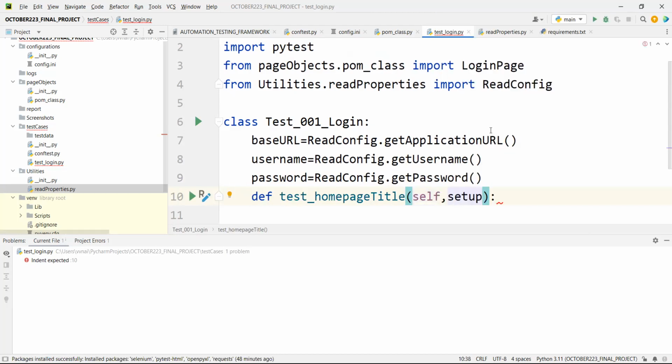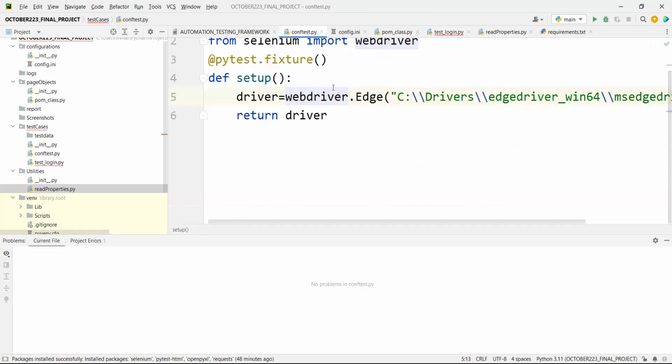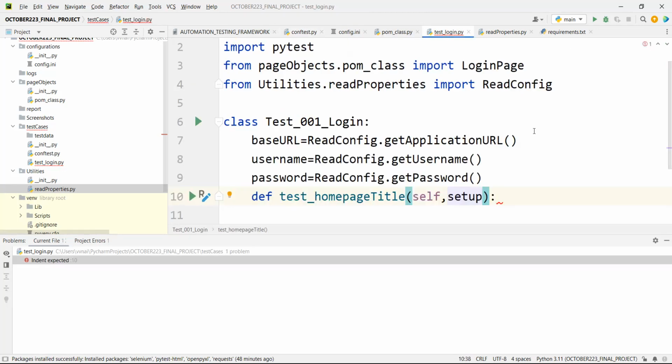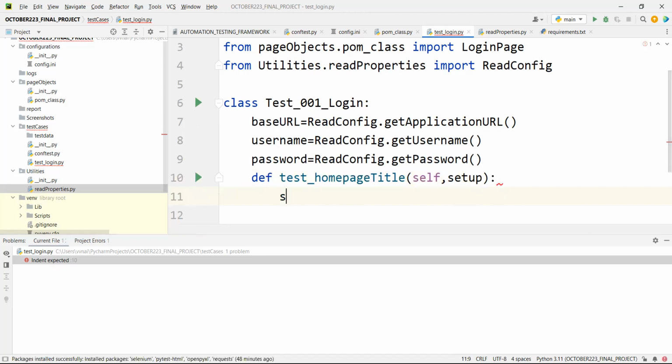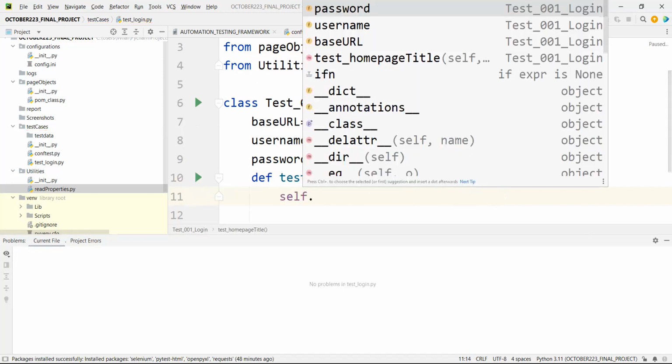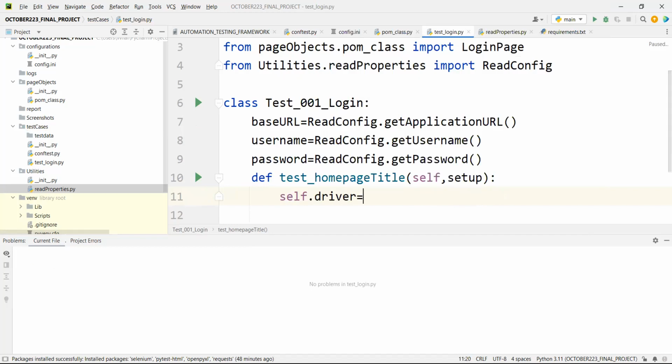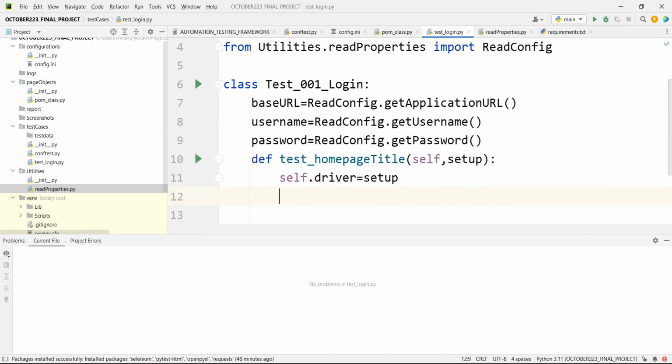Setup has been declared as a fixture within this particular conftest file. Setup will be called over here within the test login. Yes or no? Okay. After this call, self.driver is equal to setup. Yes or no? Okay. So afterwards, what I'm doing here,